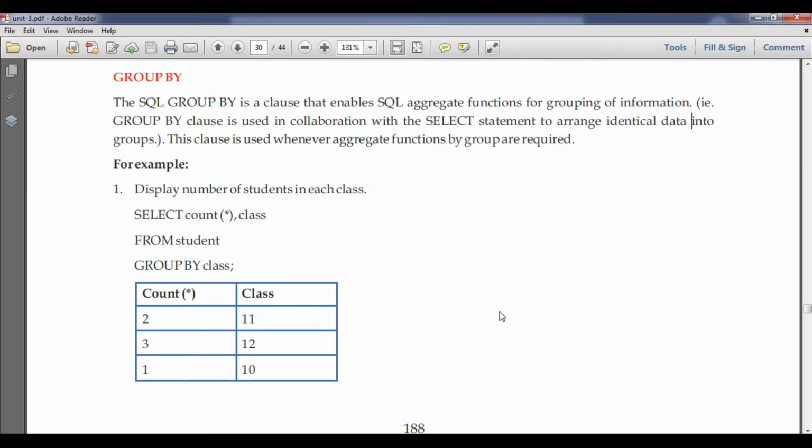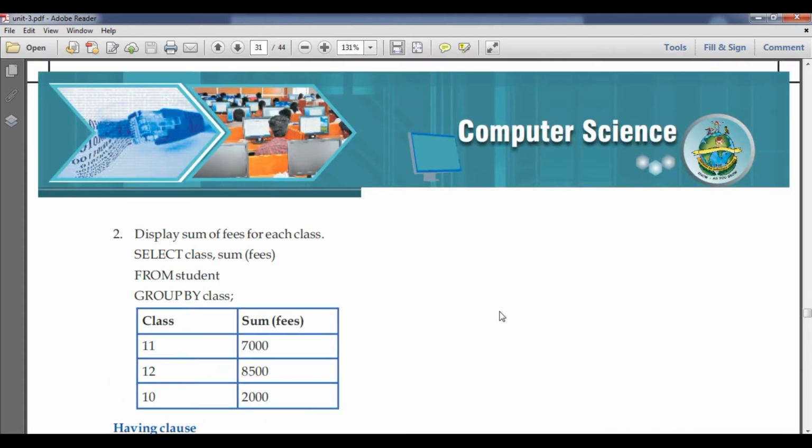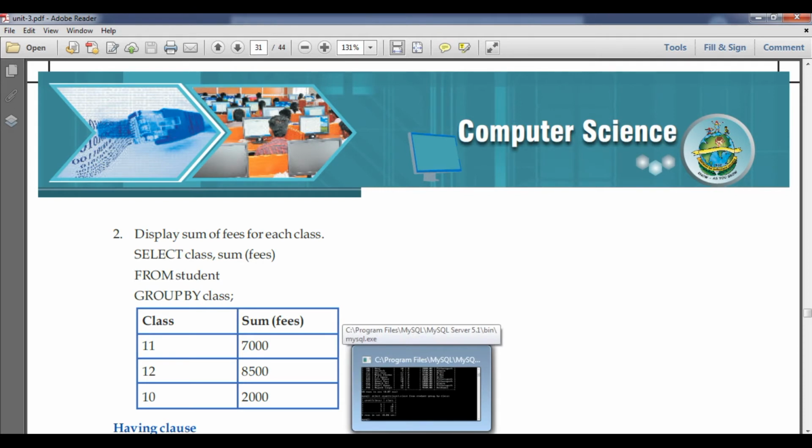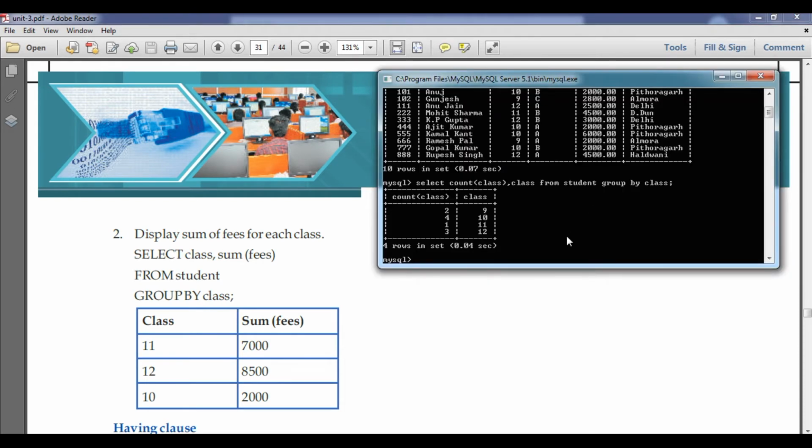Okay, and we are going to the next command. Here, how many students are paying the same fee from another class, I mean to say which class. So the same thing we are doing. Select class definitely, and sum of fee, from student, you have to provide a space also because space is required, group by class.